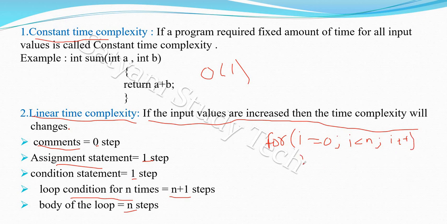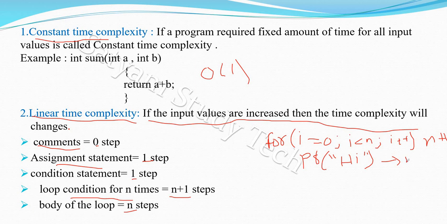So for example, if you want to print hi, how many times is this message printed? Now you can see, the looping statement is checked n plus 1 times here,